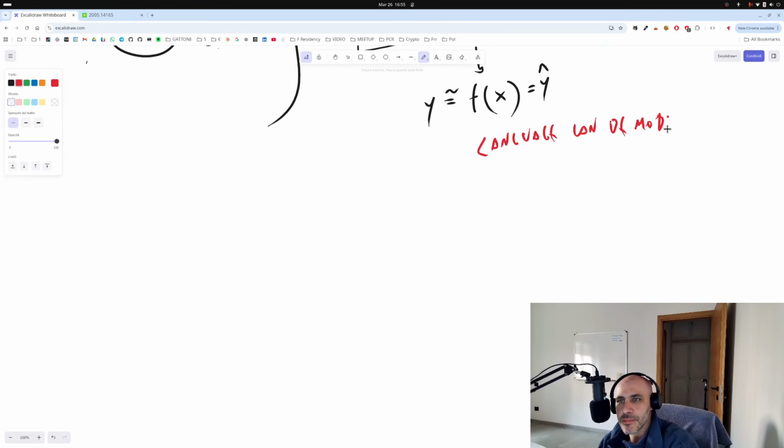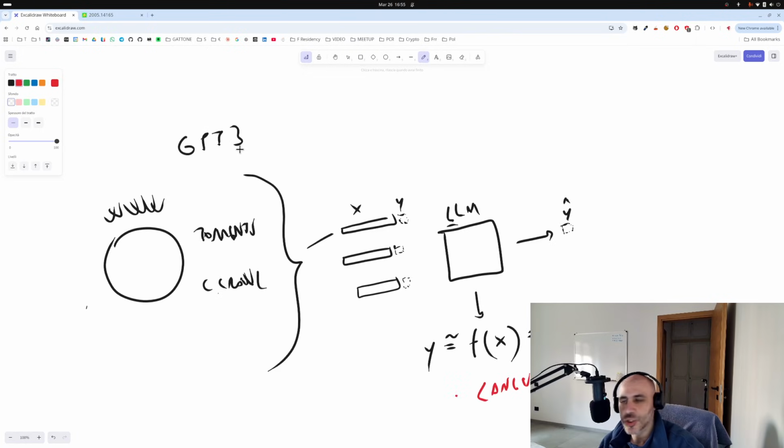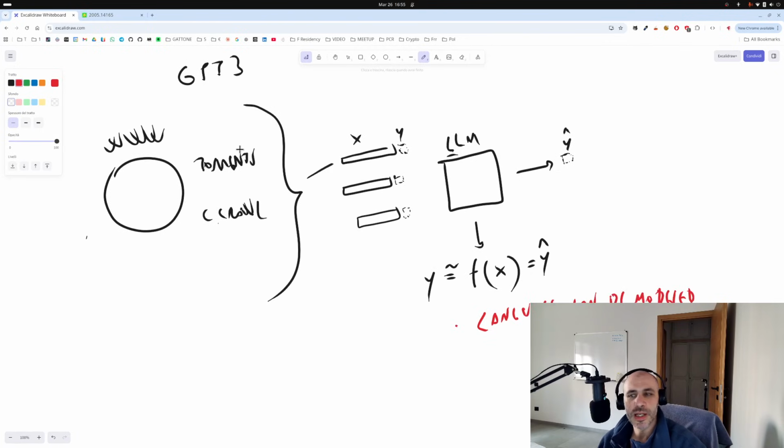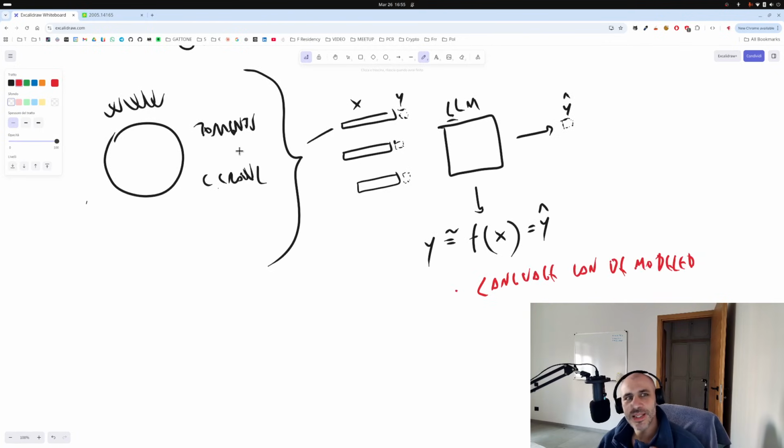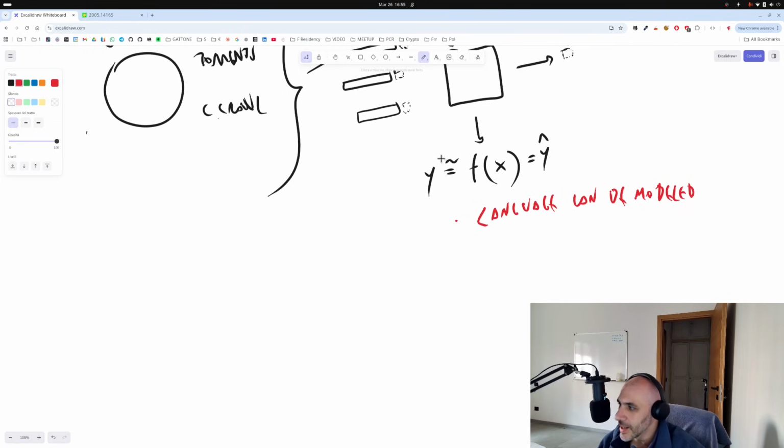Language can be modeled. And this was not previously done in such a way as with GPT-3, which was really producing human language similar to the ones produced by humans. And this can be done bottom up.